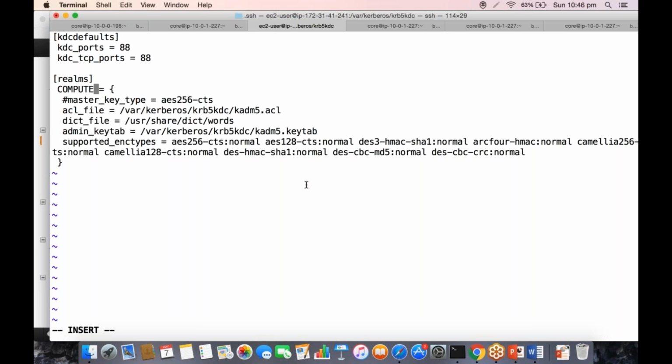Again the case was caps, compute.internal. So the rest of the things you can remain as is.